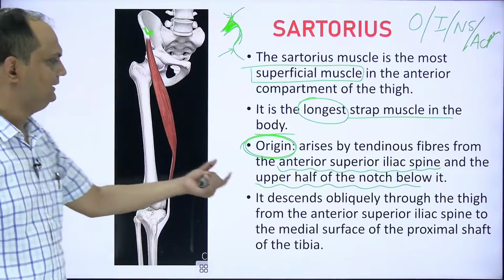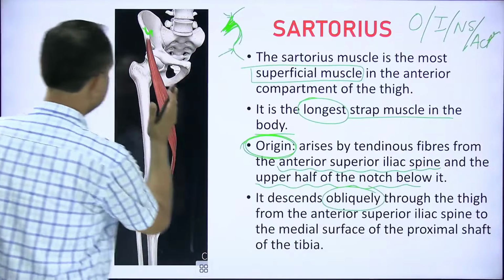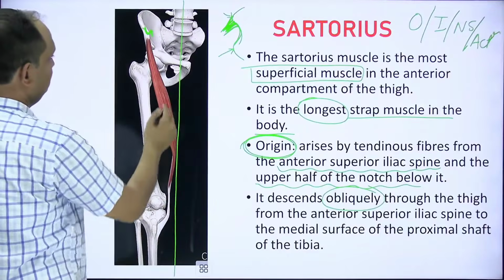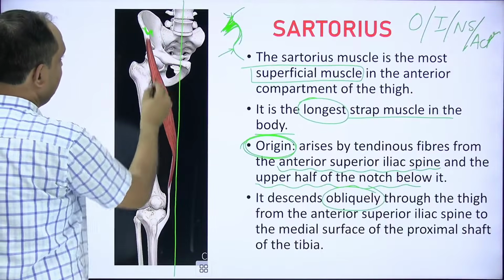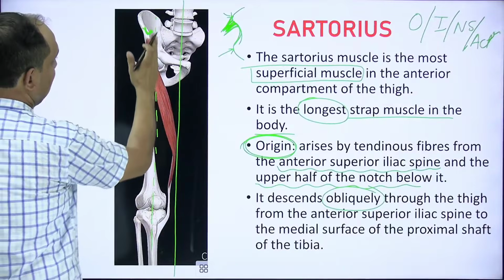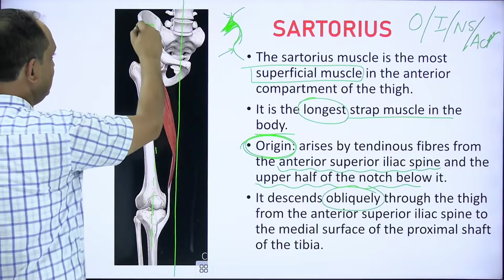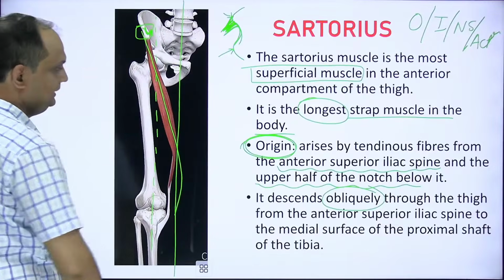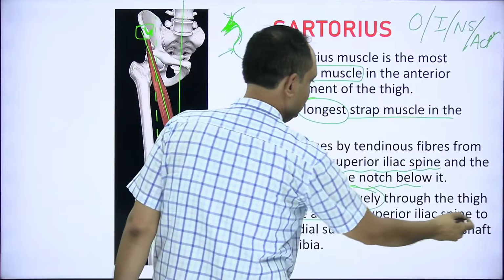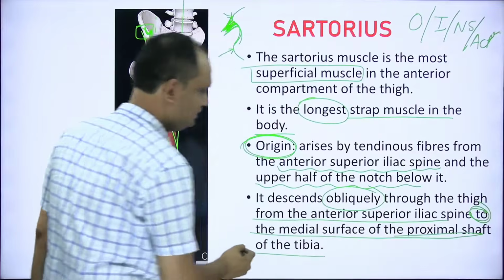Now, it descends obliquely. So, when you will see, the origin is on the lateral side. Now, this is our midline of the body, and when you will see the limb, you will realize that if you will draw the vertical axis of the limb, it is arising from the lateral part of the limb. Now, it crosses the limb from lateral to medial side. So, it appears in the thigh from anterior superior iliac spine to the medial surface of the proximal shaft of